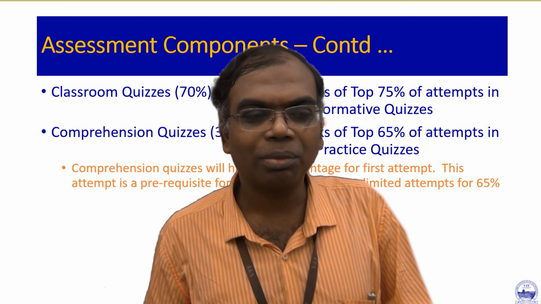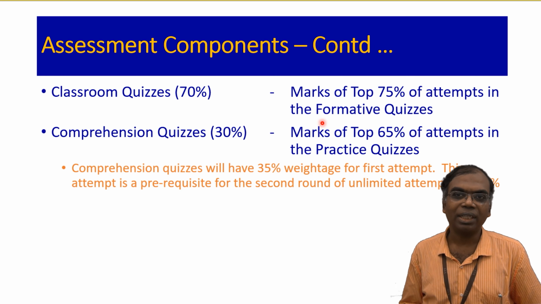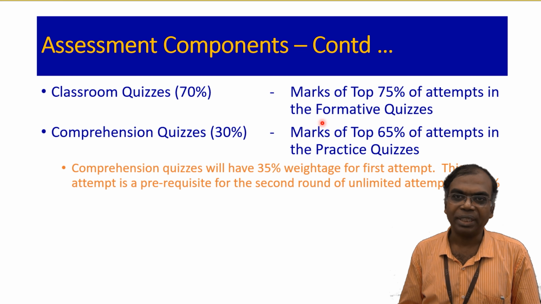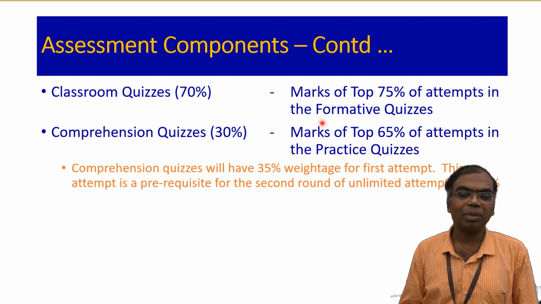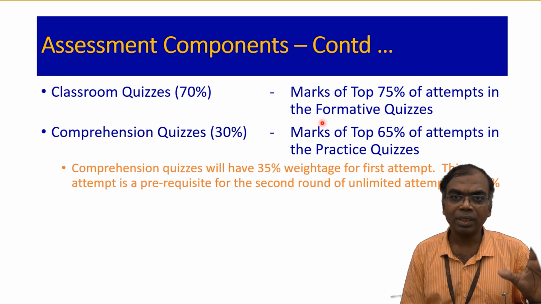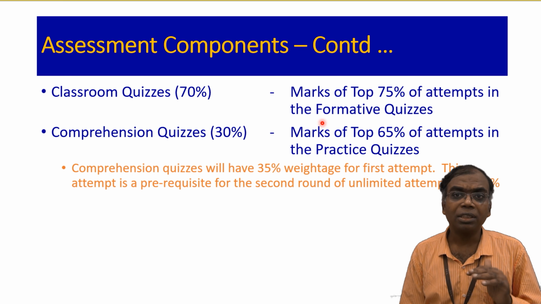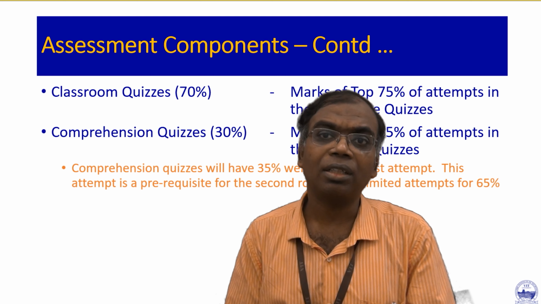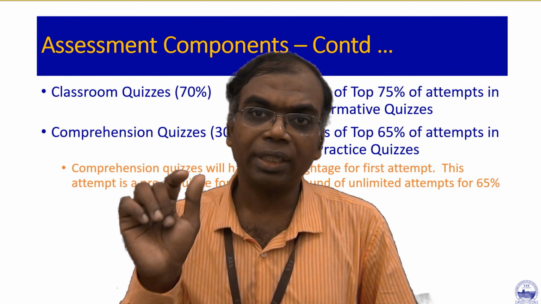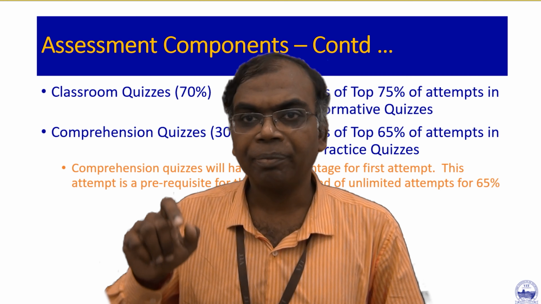So for your classroom quizzes, you get 70% of the mark. For the review quizzes, you get 30 percent of weightage. Okay. So there are two components. Please be a little cautious. Quizzes which are there in the classroom take 70% precedence. Just before your continuous assessment test, just before your final assessment test, a quiz will be conducted. I'll only take 30% weightage of the marks. Okay.